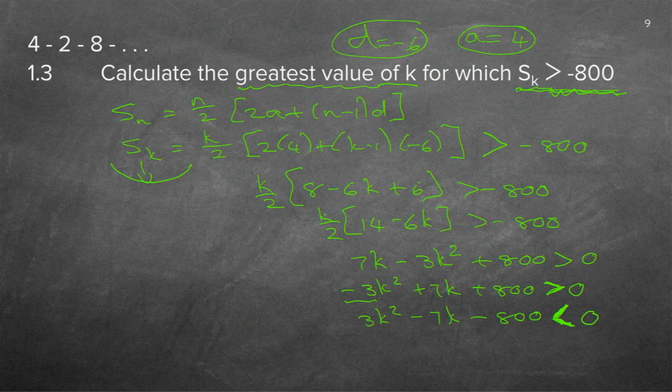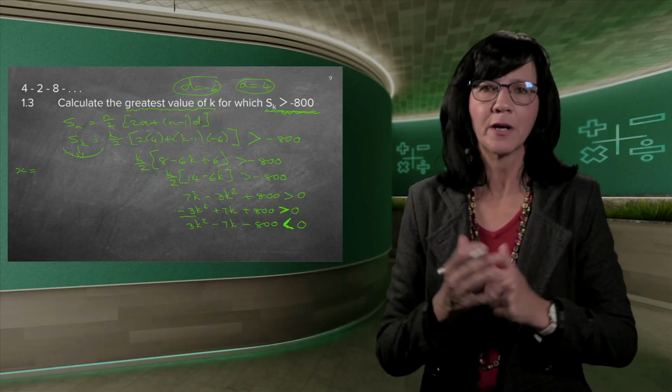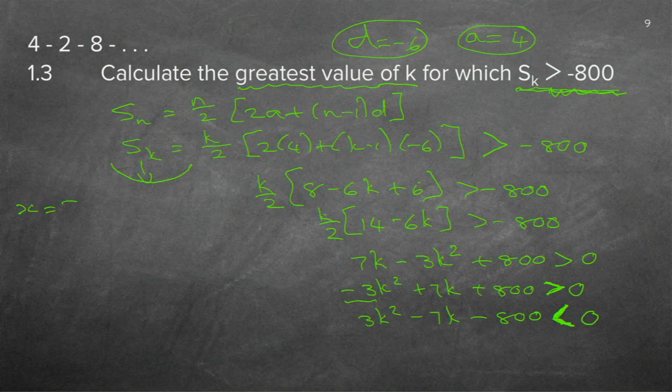And now I need factors. Now I tried the factors here. It doesn't have factors. And what happens if it doesn't have factors? We do the ugly formula. Remember, I just call it ugly because it seems so long and complicated. But our mathematicians know exactly. This formula is the one that we always use if we can't factorize a trinomial. Minus b plus or minus the square root of b squared minus 4ac, over 2a.